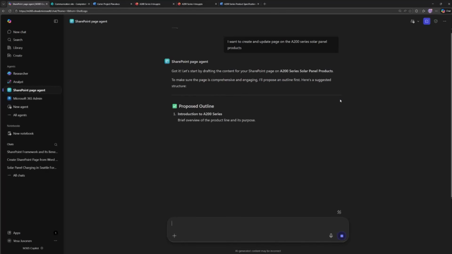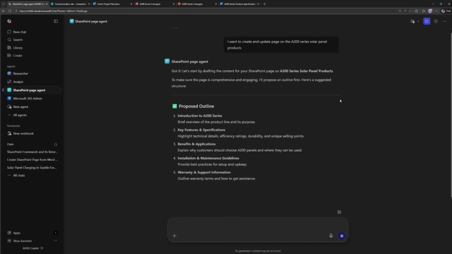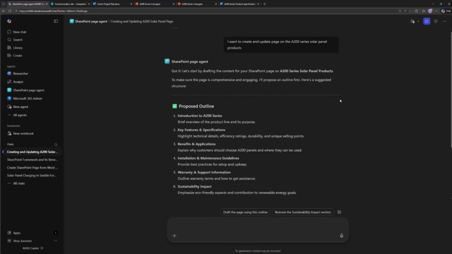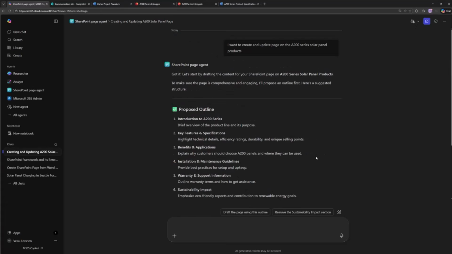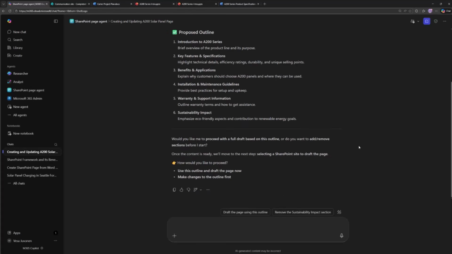So now Copilot then uses the SharePoint Page Agent, or the SharePoint Page Agent uses the Copilot, to actually give me the information that I'm seeing, all of this information about the A200 series product. This is my proposed outline for the page, and I can, of course, adjust that. And then it's basically saying, would you like me to proceed with a full draft, or make changes to the outline first? So I can choose and use, again, my natural language to explain what I want to adjust there. Can we add